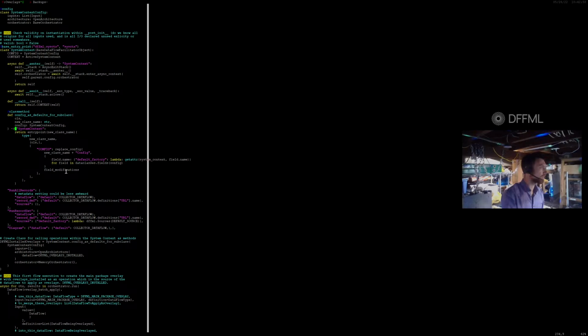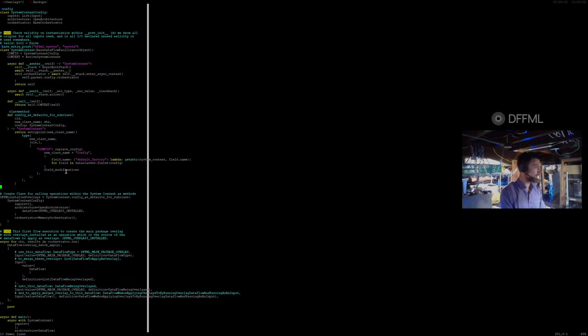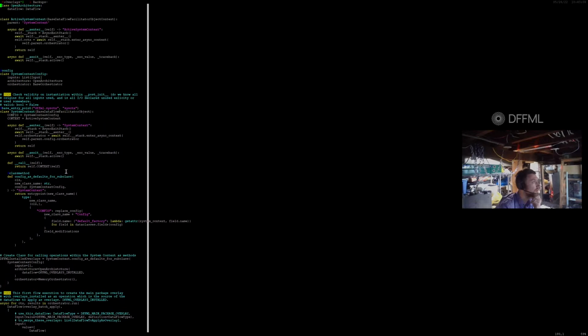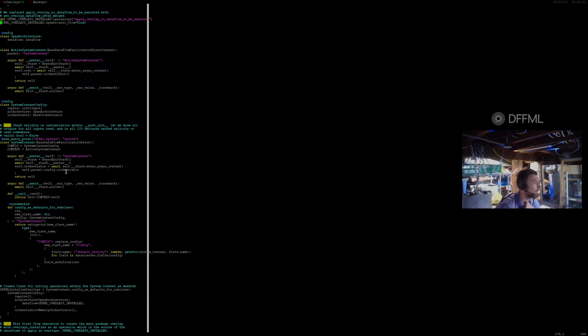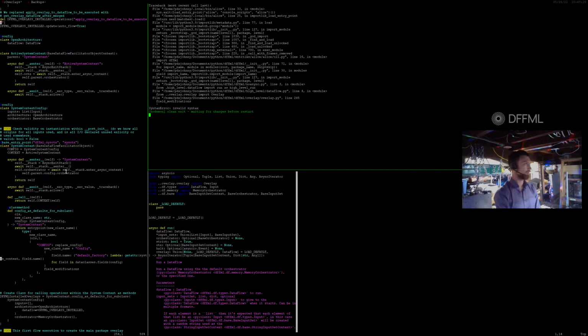Okay, config as defaults for subclass. Oh man, wow, something's really messed up. Great, so DFML installed overlays. So this effectively becomes a pluggable plugin, just register as an entry point. So DFML installed overlays. So we should also,